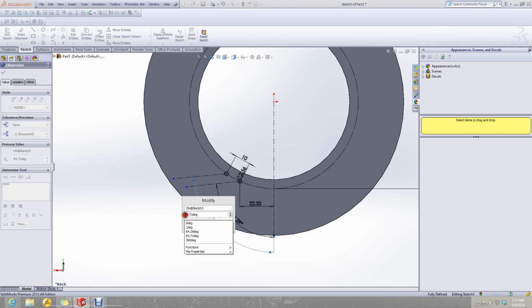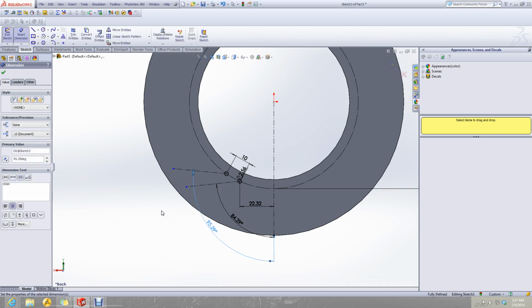This might be 84.7 degrees from the other side. This means that it should be 180 minus 84.71 degrees. Now it looks fine.